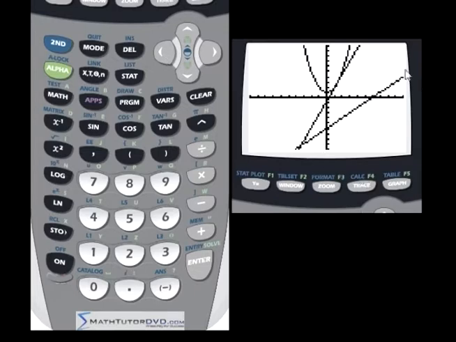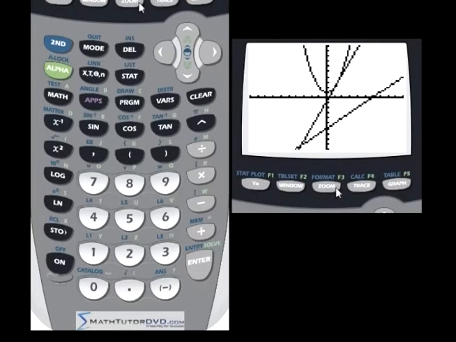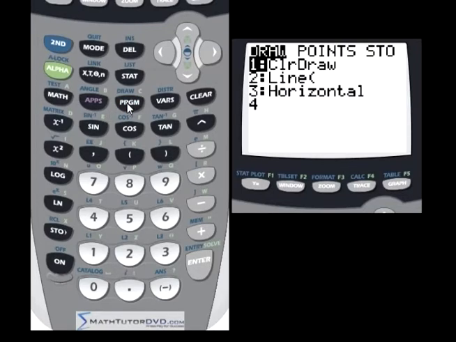But this line, again, it's not a function that's in my y equals list. It's there when I switch back and forth, but it's not traceable. There's really nothing special about it. It's just that I put a function in and it draws it there, but it's not interactive in any way. So in my opinion, it's kind of useless. But they put it there, I guess, just to have that capability to draw a function that did not have any interactivity to it. And so there it is. So let's go ahead and clear the screen,